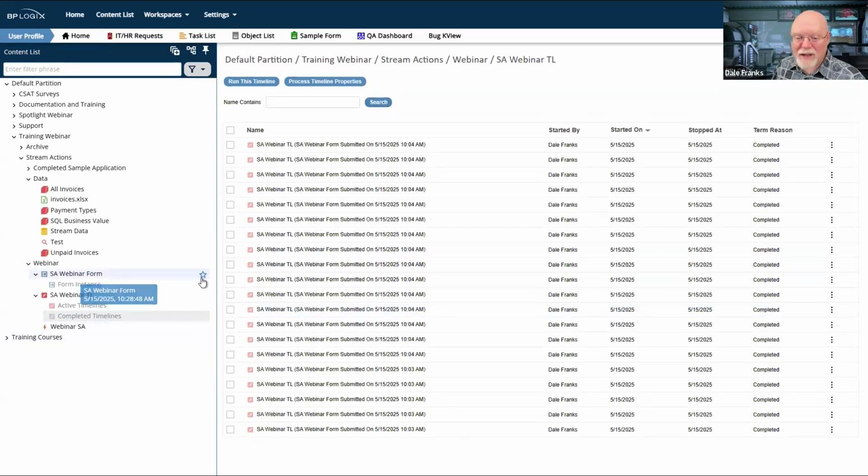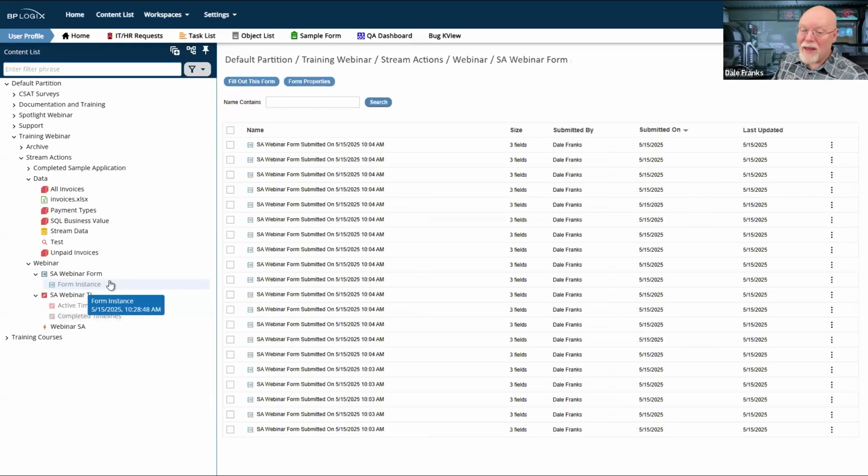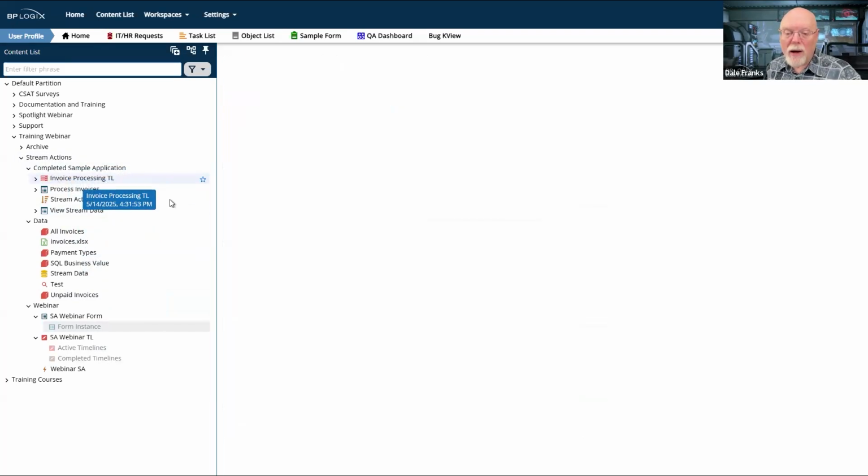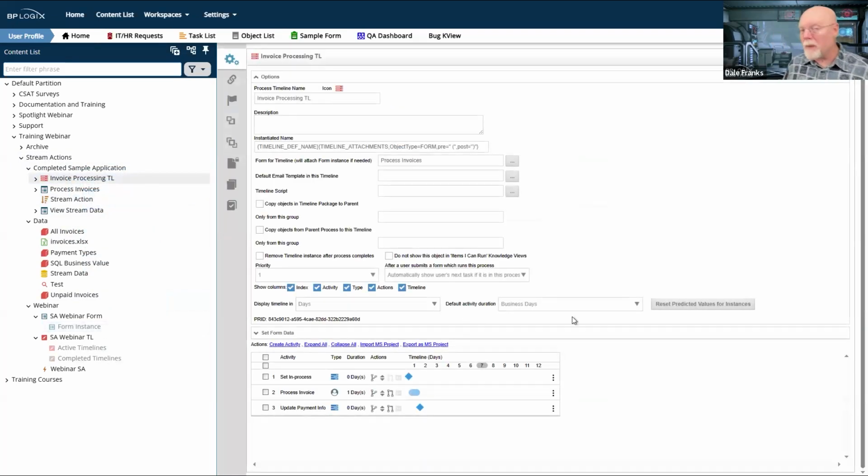I've got to fix that so that the next time I run this, it's not going to create 5 new form instances and 5 new process timeline instances. And right now, that's what it's doing. So I need to be able to go back and set up my process timeline to fix that. So we're just going to go in and look at our invoice processing timeline just to see how I have set it up.